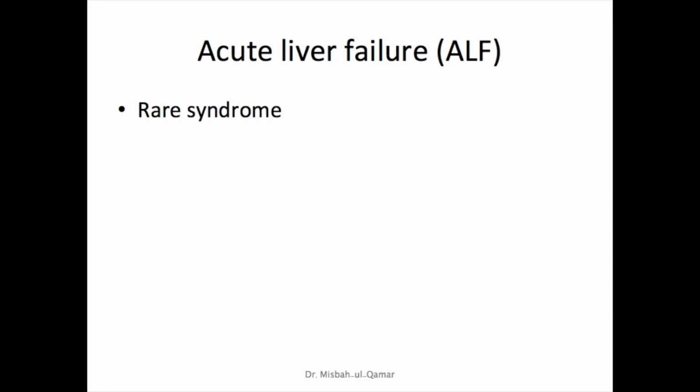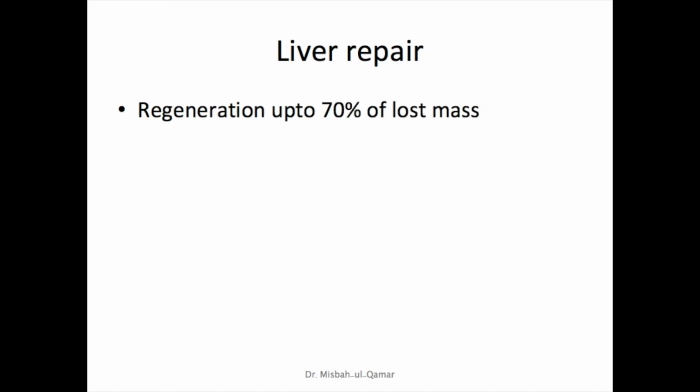Now, acute liver failure is characterized by jaundice, the coagulopathy with an INR of more than 1.5, and even hepatic encephalopathy in patients with no evidence of prior liver disease. Fortunately, a liver